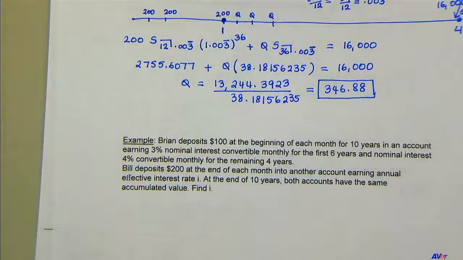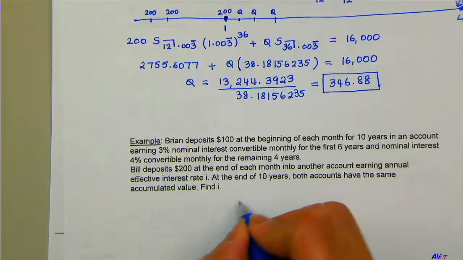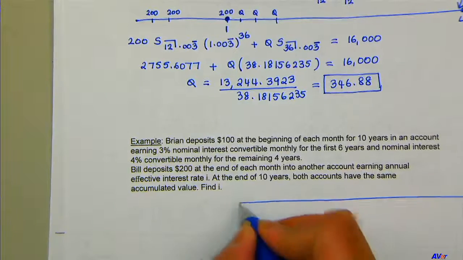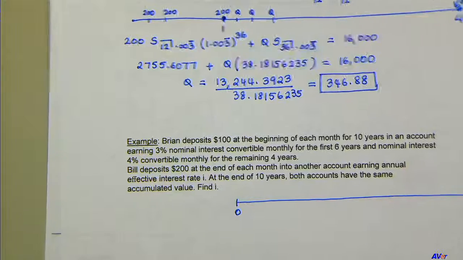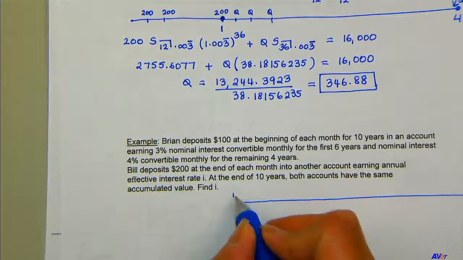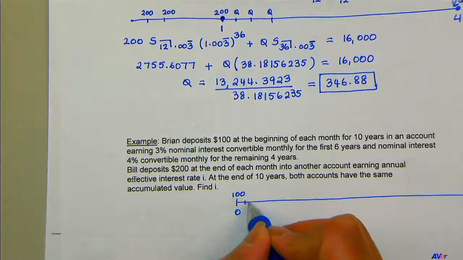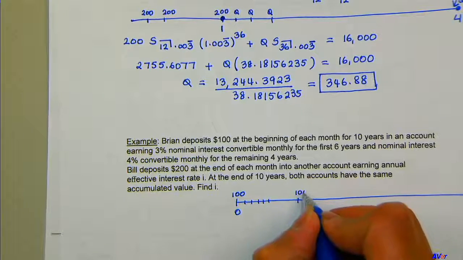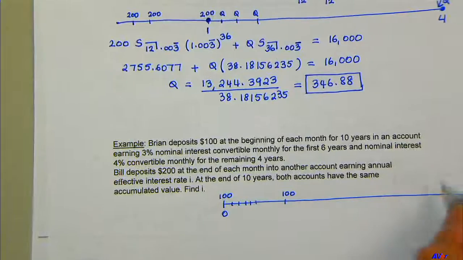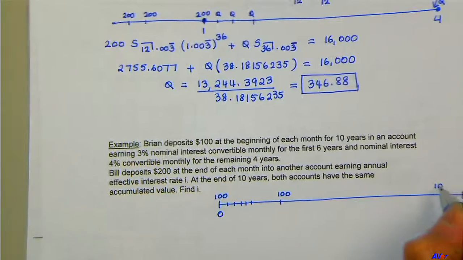Brian deposits 100 at the beginning of each month for 10 years. Timeline. At the beginning of each month, so it's going to be like this: 100, 1, 2, 3, 4, 5, 6, and so forth. Keep going. And the last one would be here, 100,